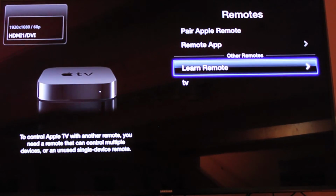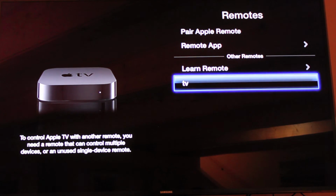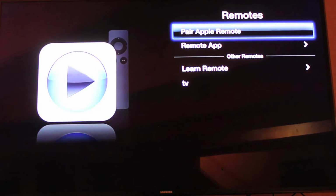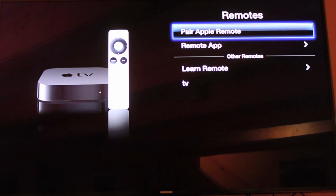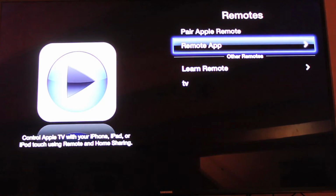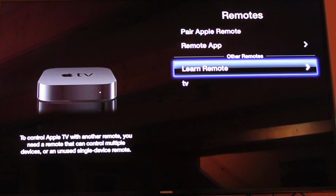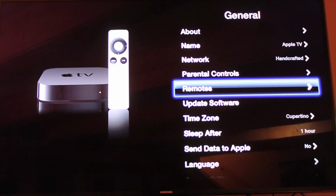and there we have the Apple TV is now set to go, and I can choose which remote it's going to use. Alright, so that's a really cool feature that you can use any remote that you have, but I'm going to go back to the Apple remote. It's just a little bit easier, and I'm going to head back to the main menu here and look at some of the other features and